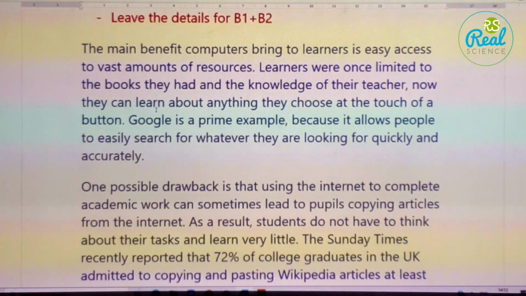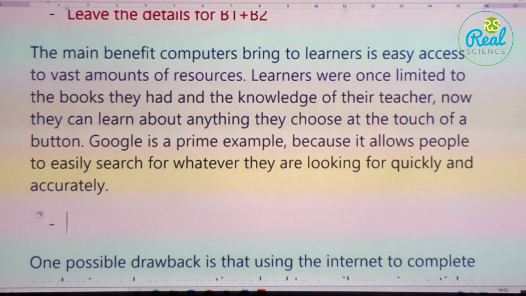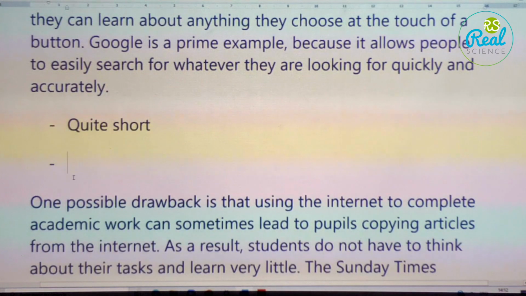Okay, now the first paragraph. It's quite short. There are no linking words, no concluding sentence. But the words are really beautiful. I see only three sentences, which means one of the requirements is missing, which is the concluding sentence. B1 is short. I think that using prime for an example is unsuitable, as you give only one example.